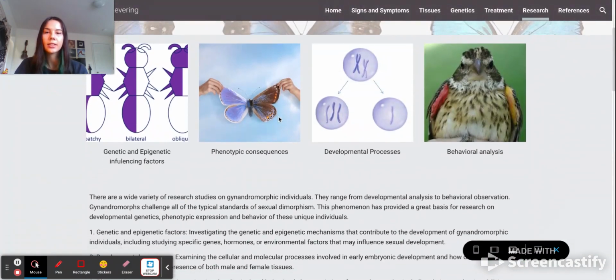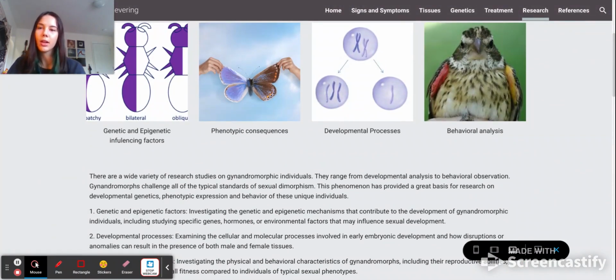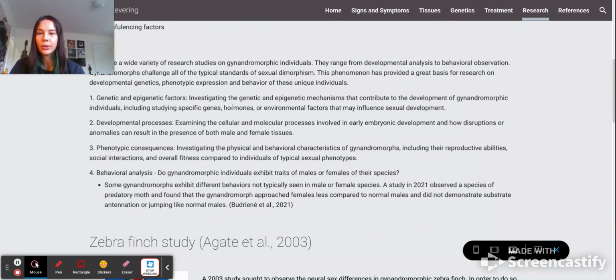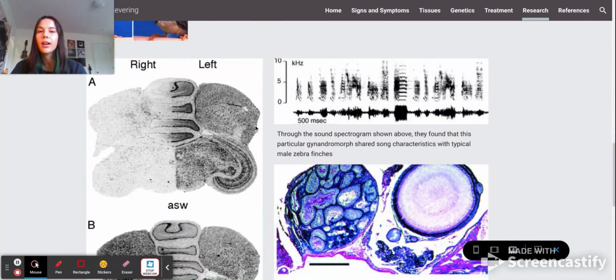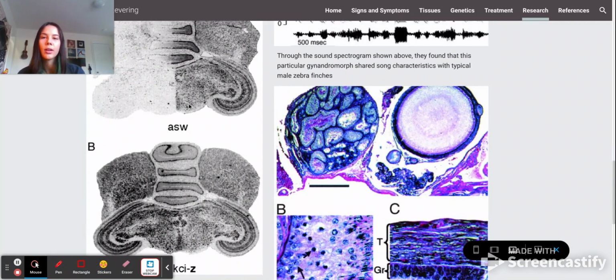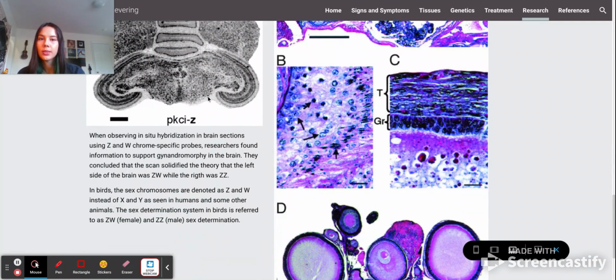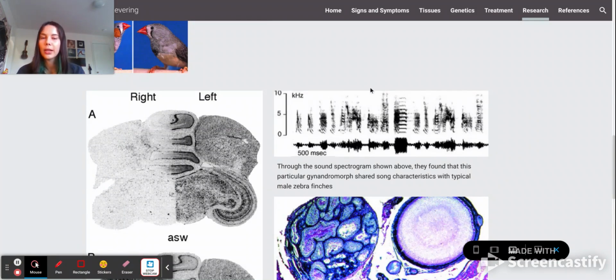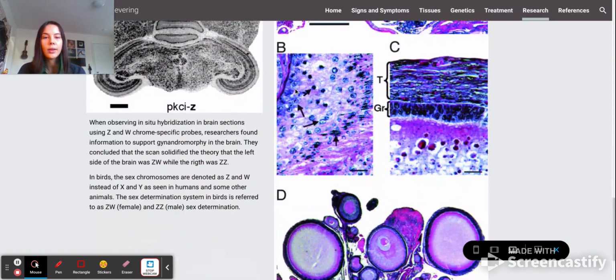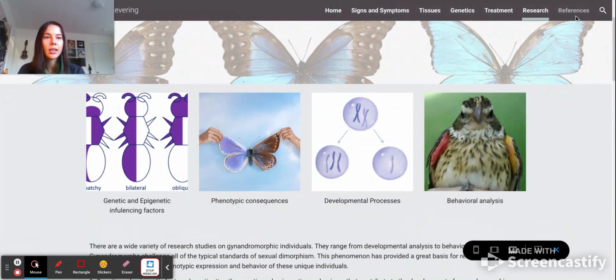Then in the research section, I touch on the main types of research that I found when researching this subject, and include examples of that, what that means, or just different ways it can be studied. And then I go into my zebra finch study and include a lot of the images that I thought were most interesting, including the brain sections, which I thought was pretty cool because it showed both male and female brain sections, as well as the gonad structures, showing both male and female gonad structures. But the song spectrogram of the gynandromorph showed male characteristics. So I thought these were interesting to add, and my last